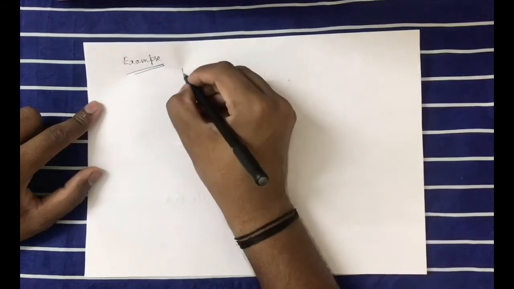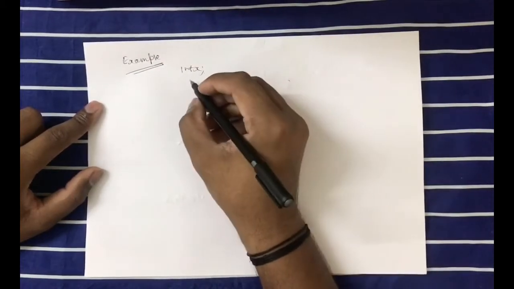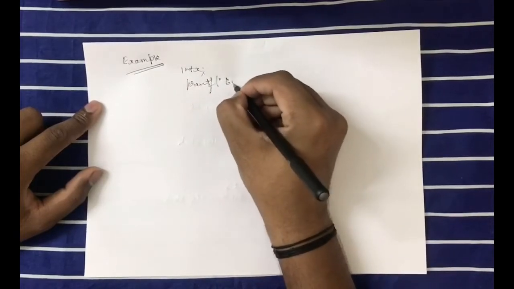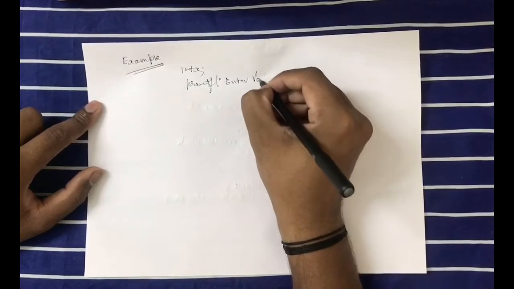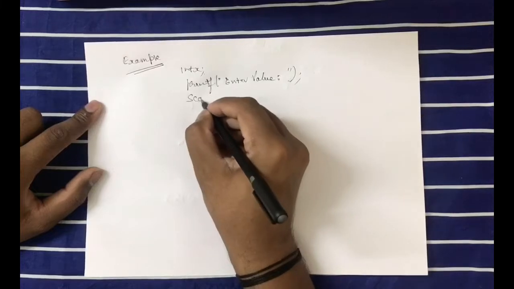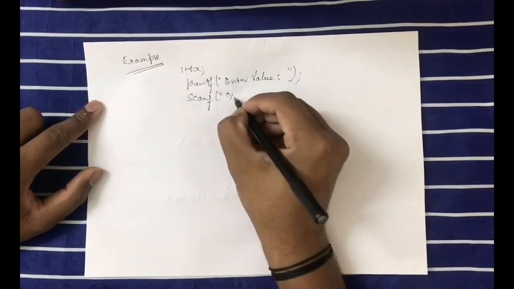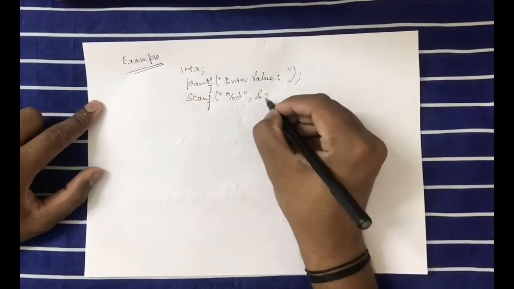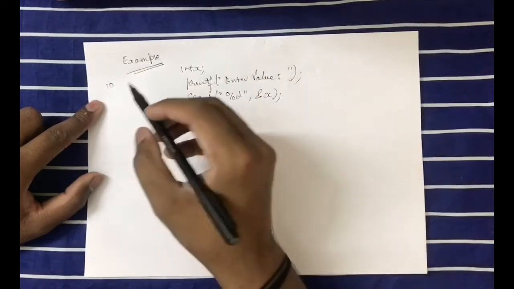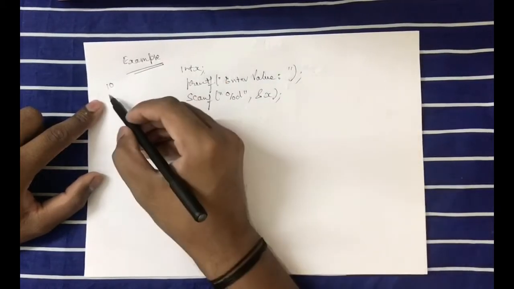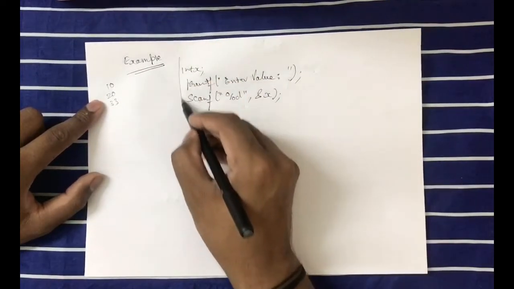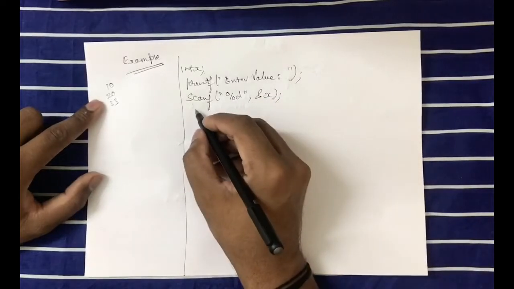First I need a variable, then I want to take input from the user. I'll just give any message like printf enter value, and after that I'll take a value from user and store it inside variable x. Now if user gives me value 10, I just want to print value equals to 10, and if user gives 20, I just want to print value equals to 20, and if user gives 33, I just want to print value equals to 33. So what I'll do, I'll take the help of switch